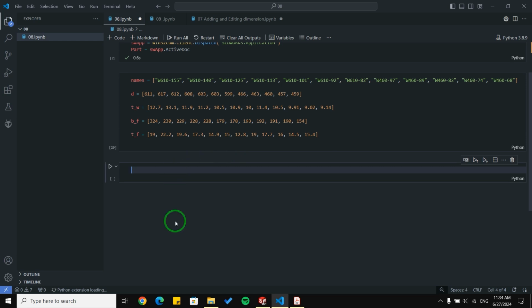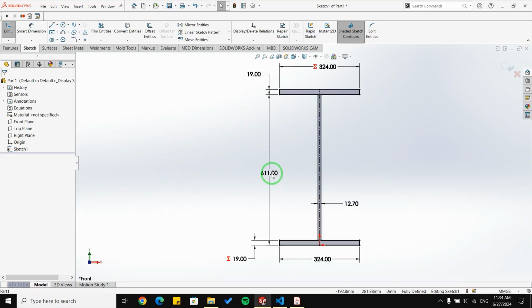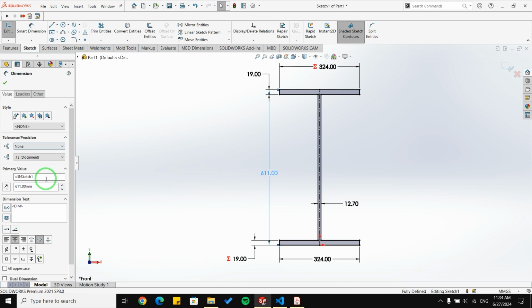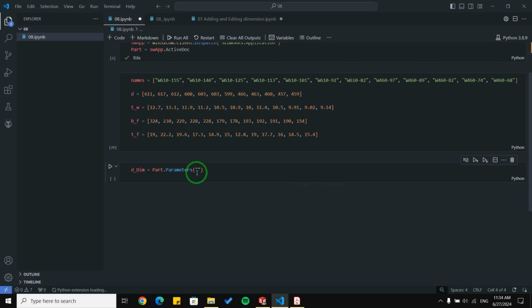For example, we have the d dimension, or I'm going to name it ddim, or it's better like this. Okay, part dot parameter, and I'm going to pass the name for d, which will be this. I'm going to copy its name and paste it here.